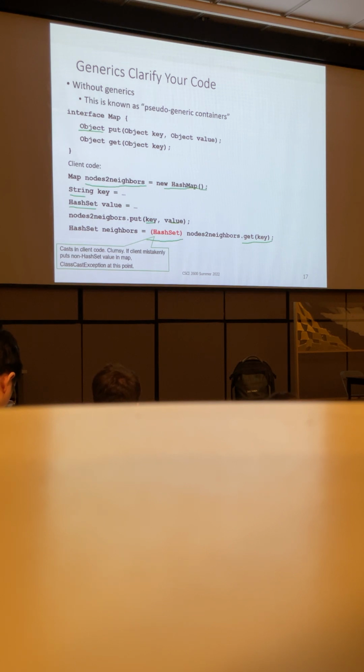The collection itself would not care what the value is, whether it's a HashSet or a LinkedList or a String or an Integer. They all look alike to the collection. They all look like Objects, so it doesn't care, and it has no way of checking. So you would be forced to do those casts, and then if you are wrong about the type of the element that you just received from this collection, you would get a ClassCastException. So that was sort of inevitable. That was making code a lot less safe, and that was the primary driving reason why